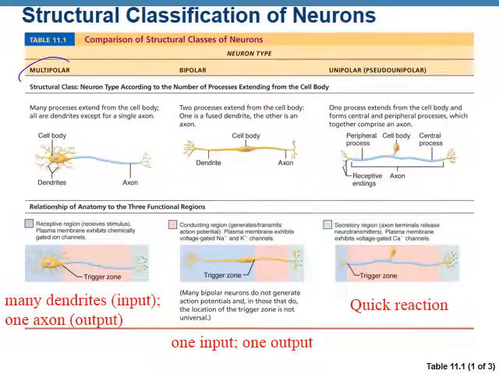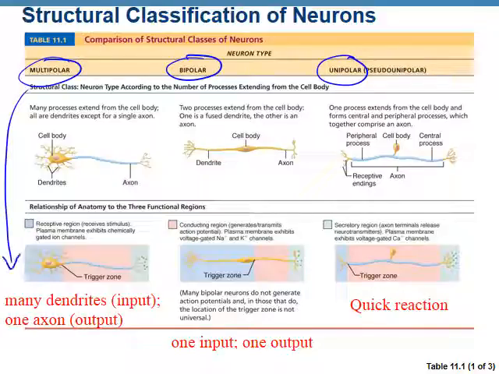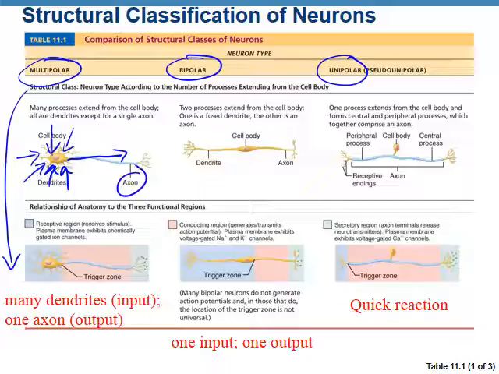You can see there are many classifications for neurons. Here are 3 that we're going to look at. So there's a multipolar neuron. This has many dendrites, so lots of information coming in. All of that information converges on one output or one axon. Then we have one input, one output, short.